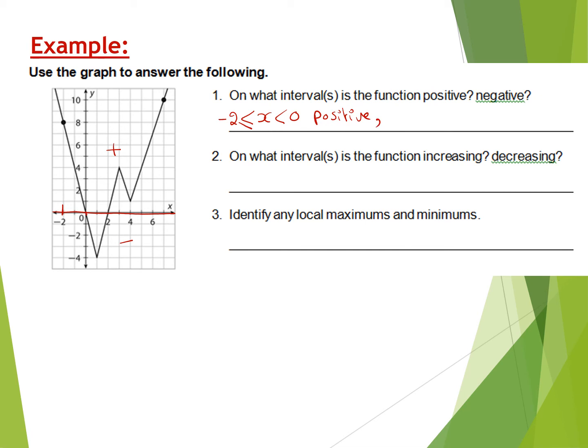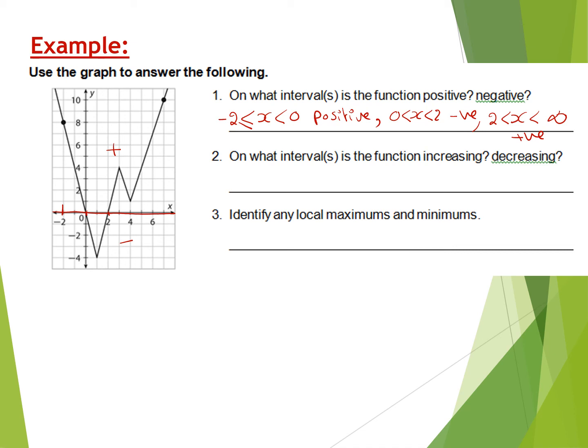Then I have from 0 to 2, this is the other part, 0 less than x less than 2, and it's negative because it's below the x-axis. The last part here is from 2 less than x less than positive infinity, and it's going up, so it's the positive part. Okay,